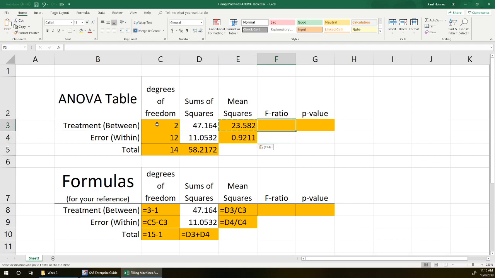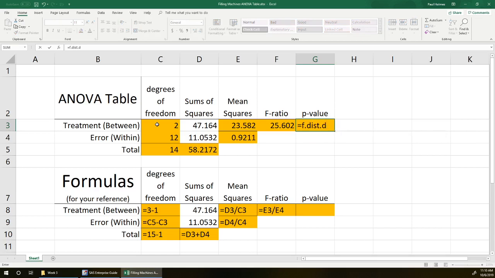Our F ratio is the ratio of mean squares, always with the within or error degrees of freedom on the bottom line. And there we go, we've got our F statistic. Now we can calculate our p-value in Excel. Usually we would let Enterprise Guide do this, but if we wanted to do everything in Excel, we can use